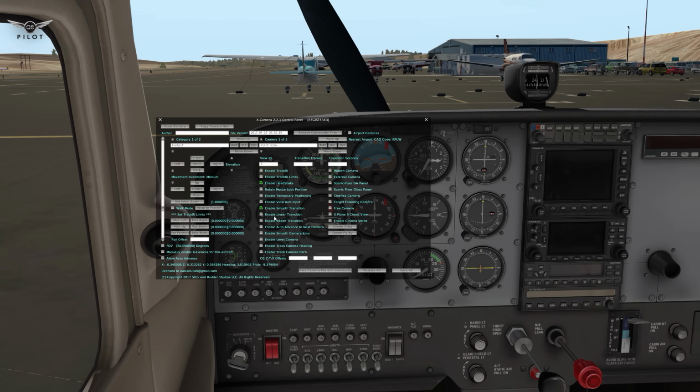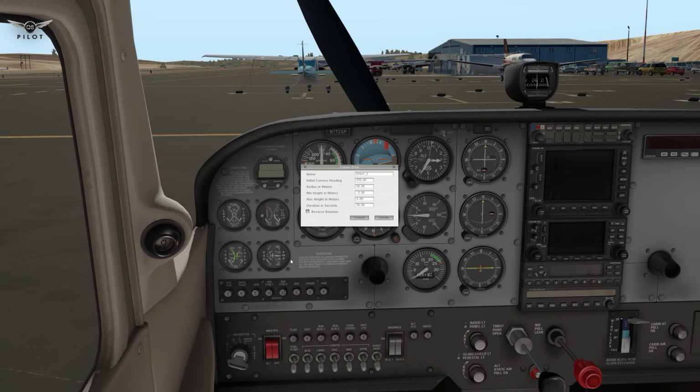So another very cool feature that X Camera has is creating an orbit around your aircraft, and also creating a flyby. Okay, so if we click on create an orbit, this is orbit 1, and it will tell you to specify the initial camera heading, which is 270. Minimum height in meters says -3. What I'm going to do is change this to -1, and this is probably